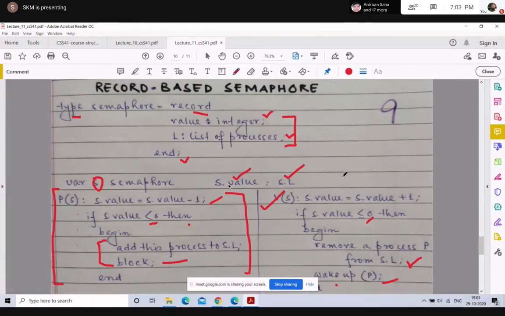Please answer to your attendance. Roll number 2 is there. Roll number 3.